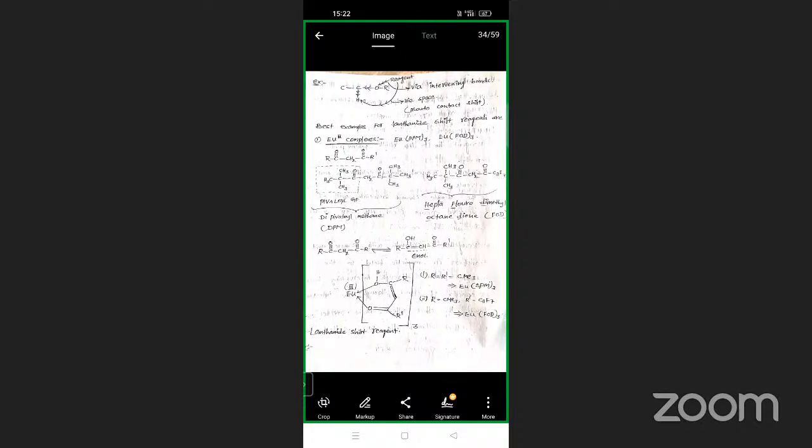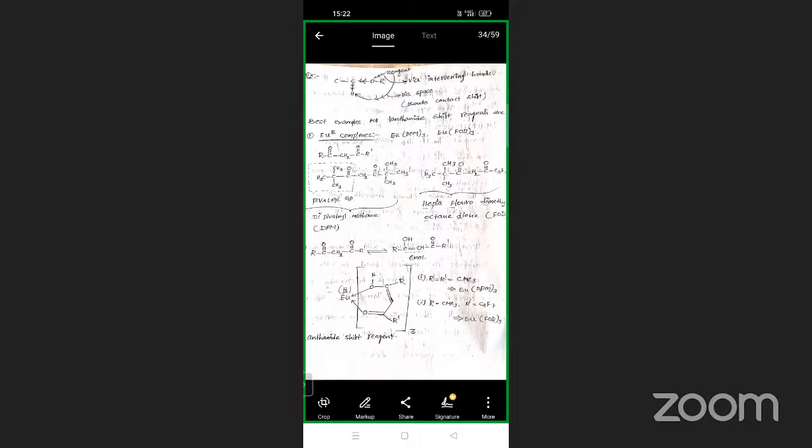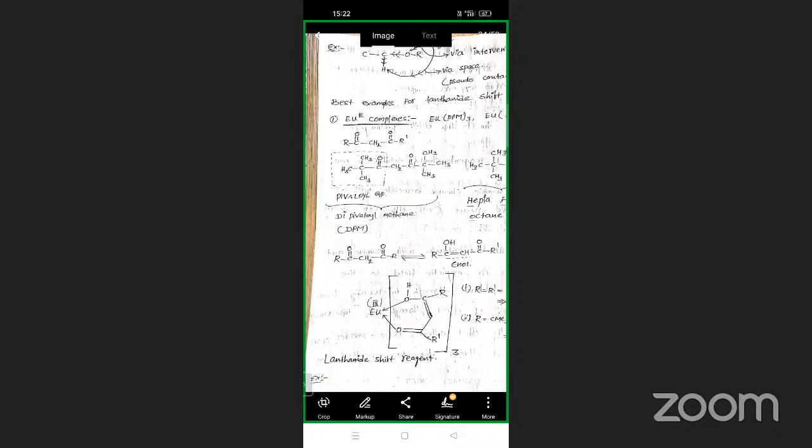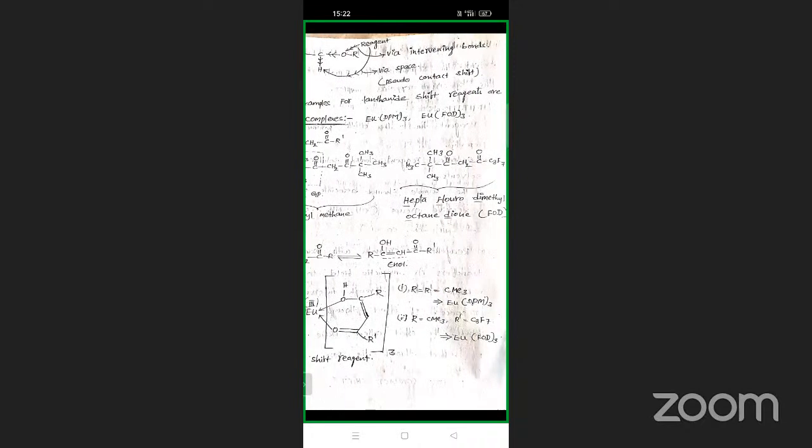Yes, these are some lanthanide shift reagents here. Okay, so where europium is taken, and there is a heptafluoro dimethyl octane dione, and